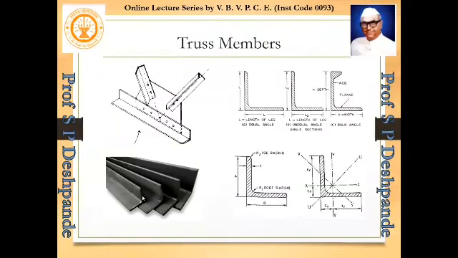So this is the angle. As you can see, this is an angle, meaning it has two sides, L shape. This is the L shape and this is the length. You can see the cross section. Equal angle means both sides are equal. This is also L, this is also L. This one is unequal, one side is L1, L2, or you can say L and B. And this is called the bulb angle. Here on top you can see a small bulb, that is why it is called a bulb angle.